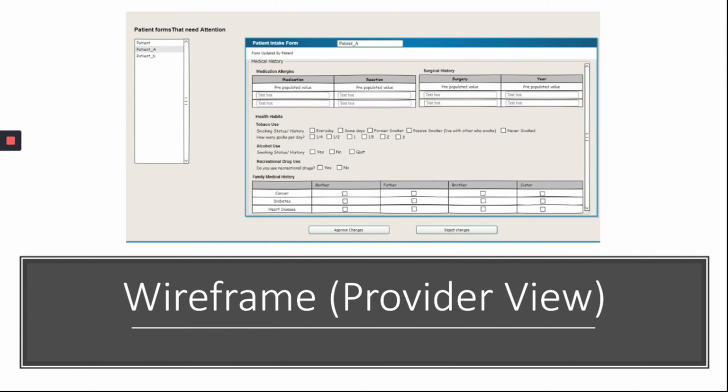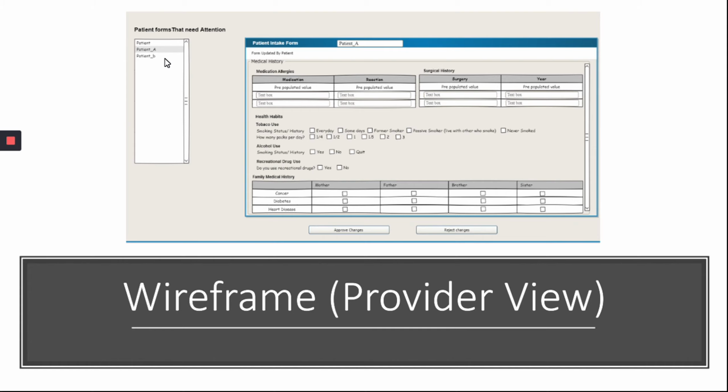On the provider side, the patient can edit the fields and provide updated information, so once the patient submits the changes, that information will be saved into our app database. Before synchronizing this update to the FHIR server database, we would want the provider to review the changes and be able to approve or reject. So on the screen, you can see as the provider logs in,